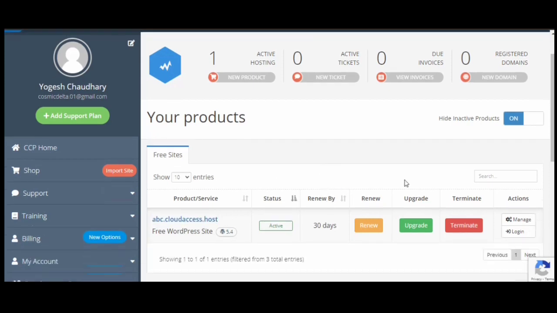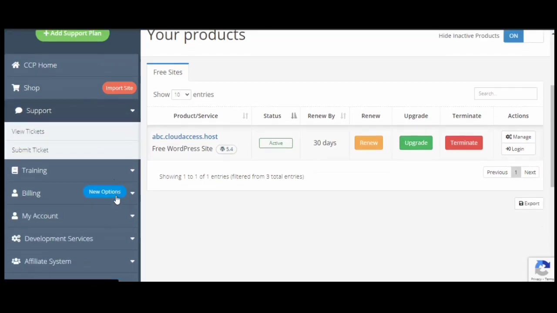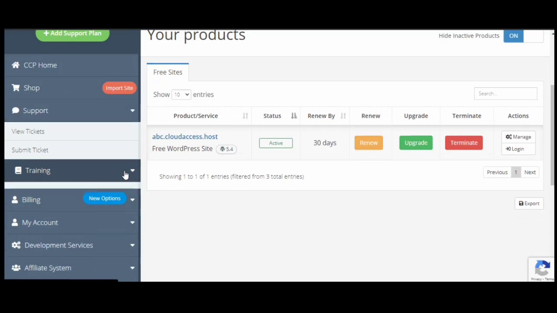abc.cloudaccess.host mentioned over here. There are three options available: renew, upgrade or terminate. On terminating, your website will be out of the servers and you will not be able to retrieve it. On upgrade, that means we are using a free WordPress site. On upgrading, we buy the hosting, and with all this, we get some other tools as well, like customer support,